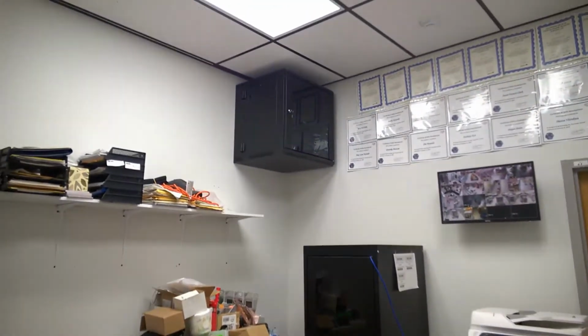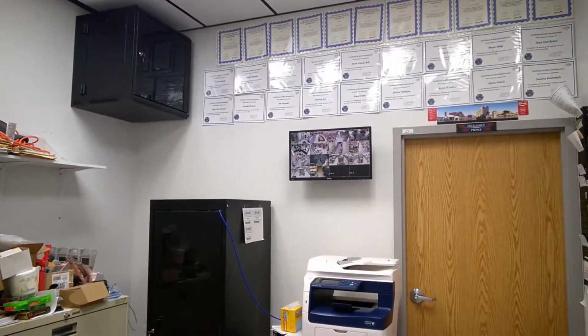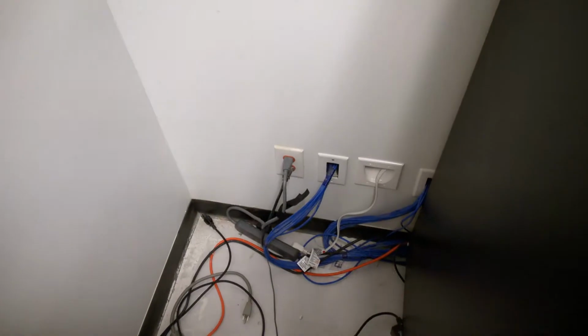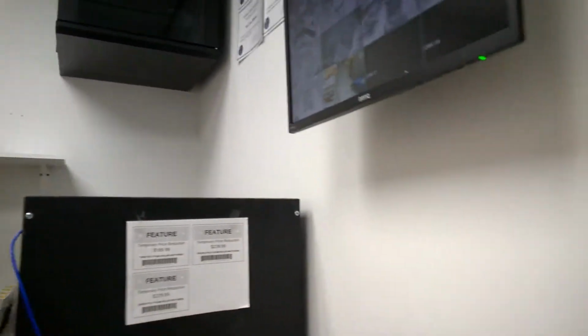Here we are again with the MVR rack. Got my MVRs on the wall. It's all their stuff. Look down there, still pretty clean and stuff. Monitors nice and clean behind there. No lines running in between anything. We have our